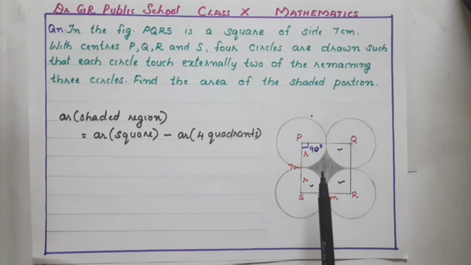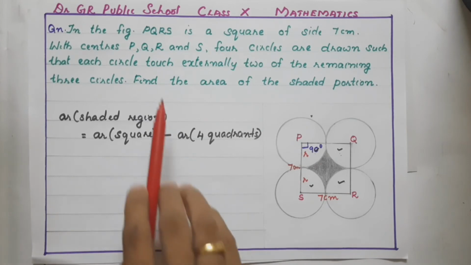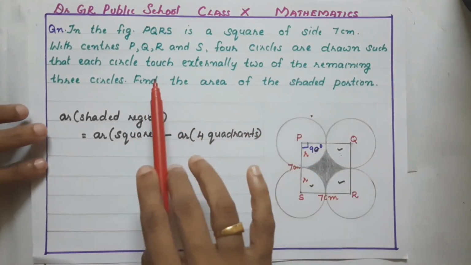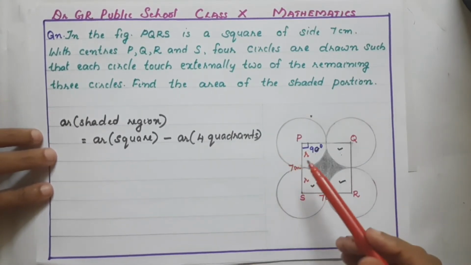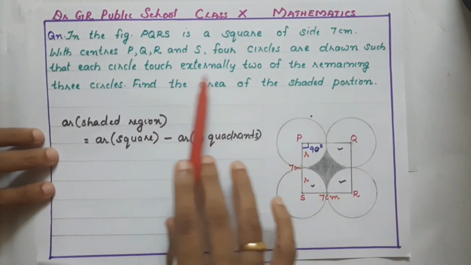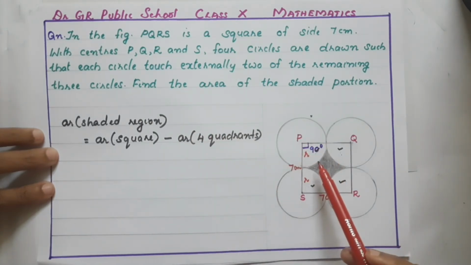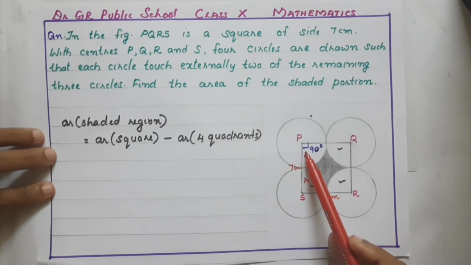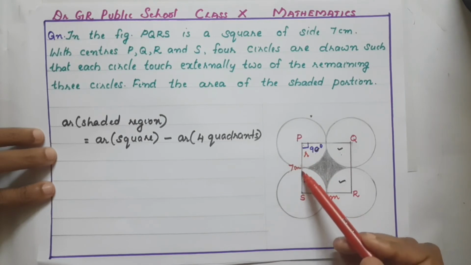But to find the area of a circle, we need the radius of the circles, isn't it? So what is the radius of the circles? Can you say? It is not given in the question. Radius of the circle is not given. How will you get that? Yes, we have the property here. The circles are touching externally. So that means the circles have the same radius. So the two radii are the same.